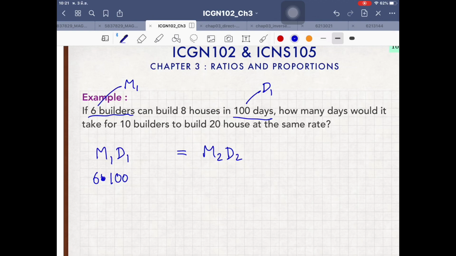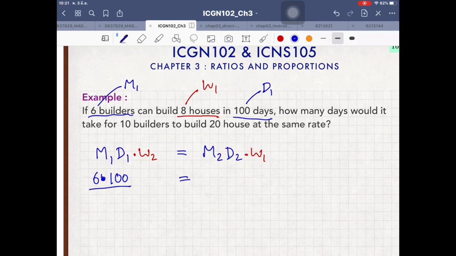All right, but for the term of W, it will have W2 on the left side and then W1 on the right side. Okay, the amount of work for the first situation will be about building 8 houses. So this will be the value for W1. Okay, so now you divide it by